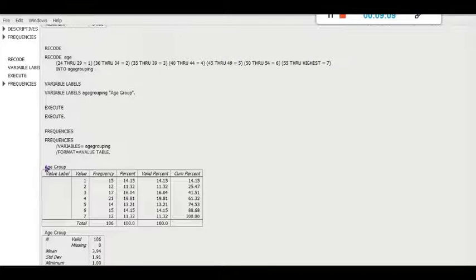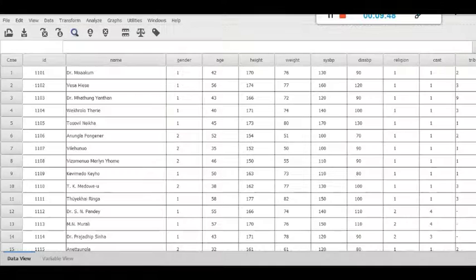So here the new age group, this value I have given the level as age group. Value 1, frequency 15, 2 is 12, 3 is 17. Within the fourth group 21 people came, fifth group 14, sixth group 15, seventh group 12. But we will not understand. We only know that the first group is 24 to 29, 30 to 34. If you give like this, the other people may not understand. So we can change these values 1, 2, 3, 4 into whatever we want to write, say the class intervals.